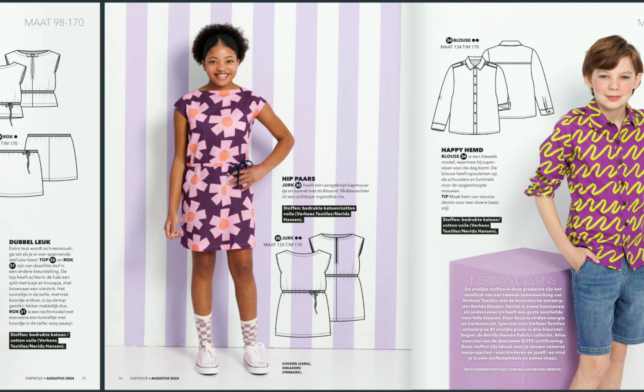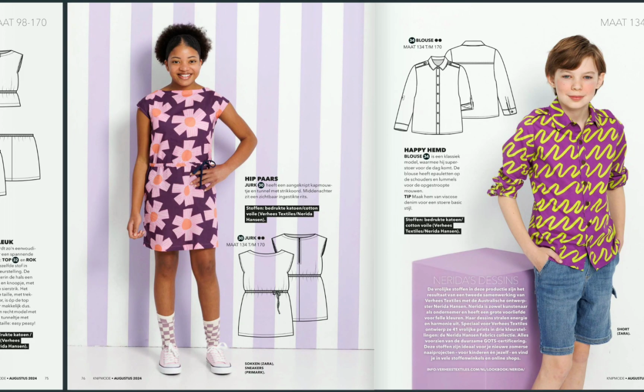And I think we're almost done. Here again, another dress. I'm not sure why they use so many wovens and we don't have so much variation for the knits, but I totally can see a dress like this also made in a cotton jersey. Definitely, I think it will look really nice. It's a simple tunic, again with a little drawstring in the waist and a zipper in the back. Really nice details. Sizes 134 to 170,